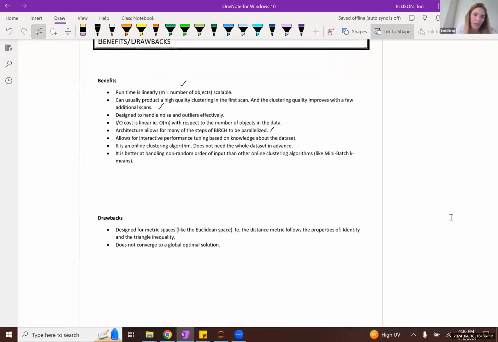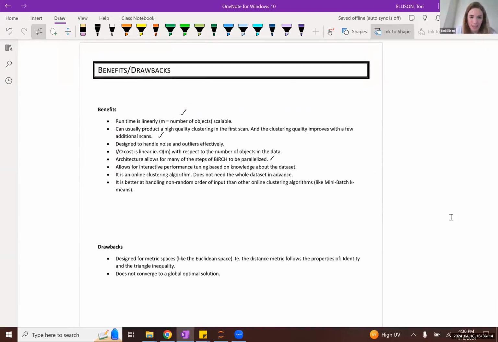A lot of the other benefits we've already discussed quite extensively. The cool thing about this is you don't need to load the full data set into your Jupyter Notebook working environment at any one given point in time to actually run the algorithm.